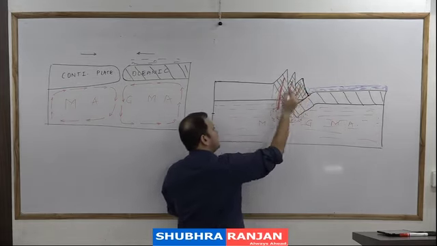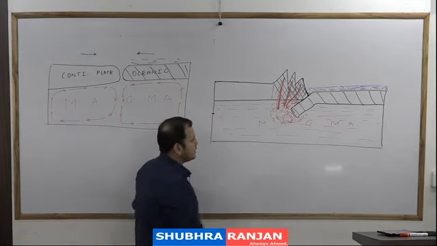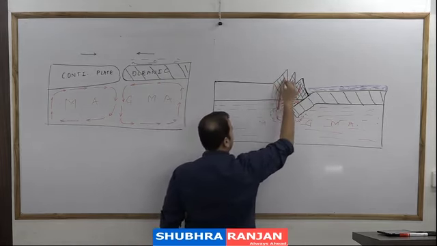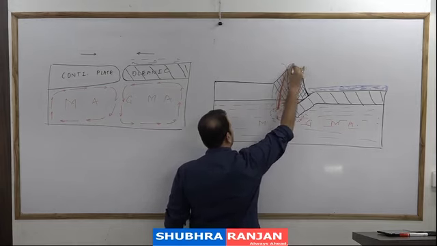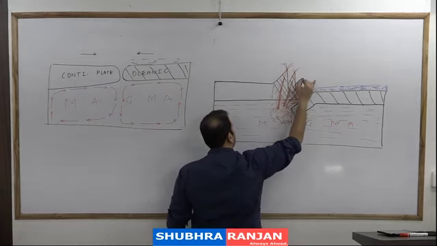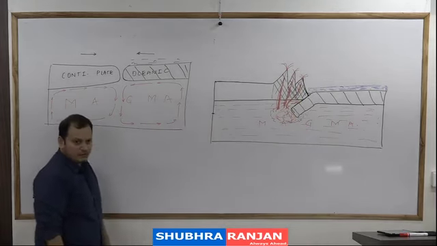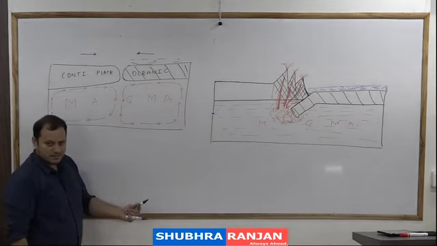And which is the weakest part of a mountain? Where the area is the least. So where is the area the least? At the top. And thus, as a result of this, we will have what we will call violent volcanic eruptions. We'll have violent volcanic eruptions in this region.